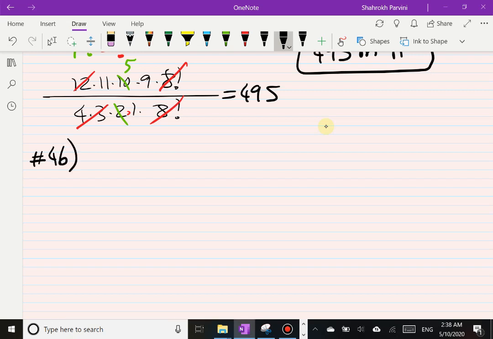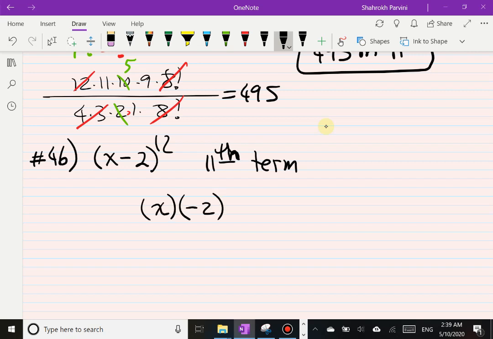In number 46, we're given x minus 2 to the 12th power. The question reads, find the 11th term in the expansion. So for the 11th term, you're going to have x and negative 2. See, these are the 2 terms in here and in here. So those are going to be side by side. Now remember, for the 11th term, what is this exponent going to be? That's going to be 1 less, isn't it? So this is going to be